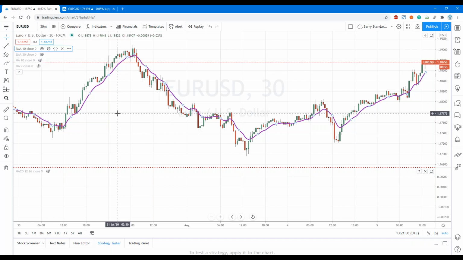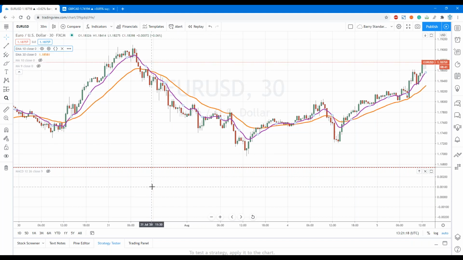Now, most people use an EMA. Again, an EMA and an SMA can be used exactly the same. So we could have an EMA and an SMA crossover strategy, which is the most popular strategy for generating trading signals, trading alerts. And it's the most reliable. Now, a lot of people use a 3-period moving average for getting trading alerts. So in other words, we could use a 10, a 30, and